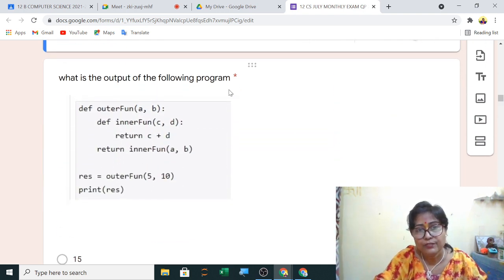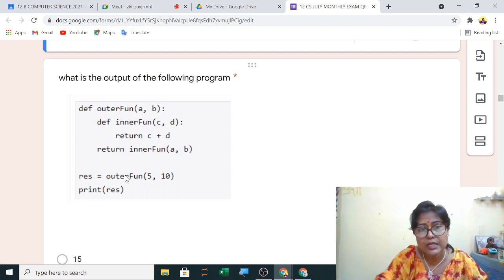What is the output of the following program? Now res equals to outer_fun(5, 10). So a is 5, b is 10. Now you are calling here def inner_function(c, d), return c plus d, return inner_function(a, b). Now what is happening here?